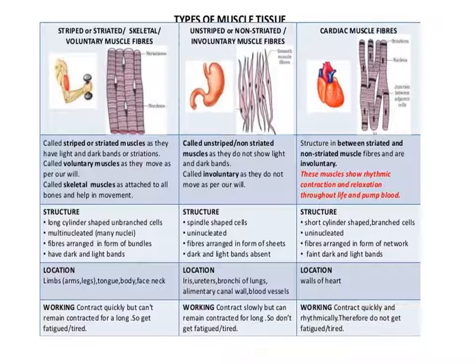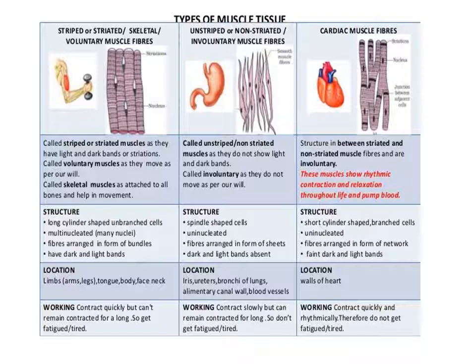Then comes the structure of the striated muscles. They are long, cylindrical and unbranched. This is a particular feature about the striped or striated muscle, that they are unbranched and cylindrical. They are multinucleate, many nuclei in a single cell. Fibers are arranged in the form of bundles and they have dark and light bands, because of which they are